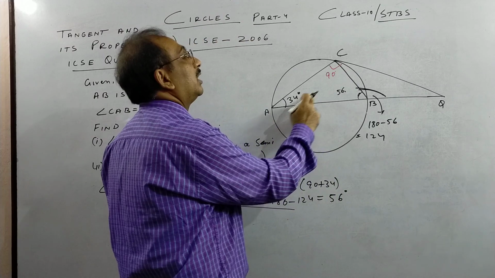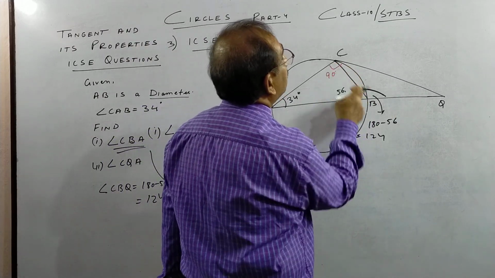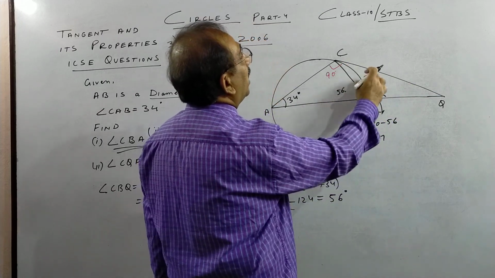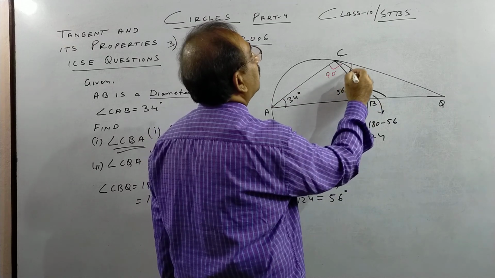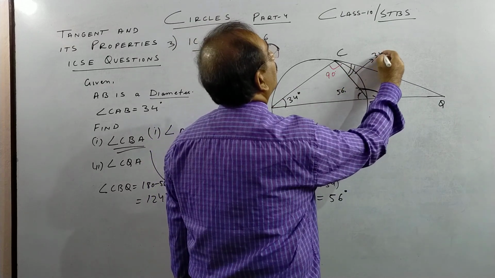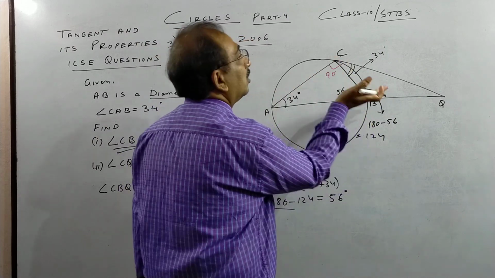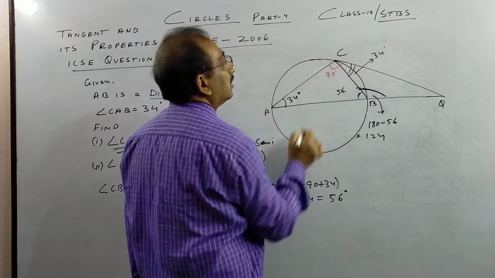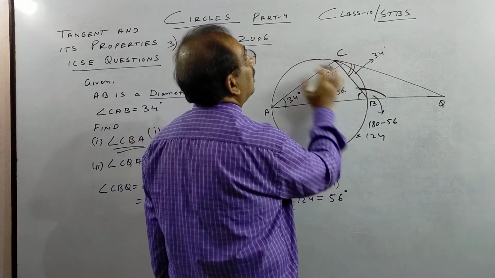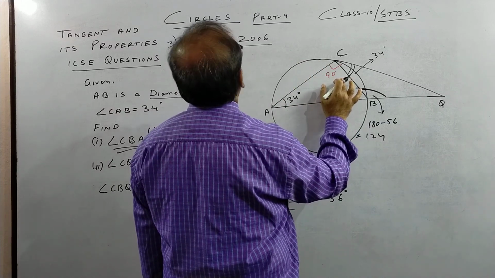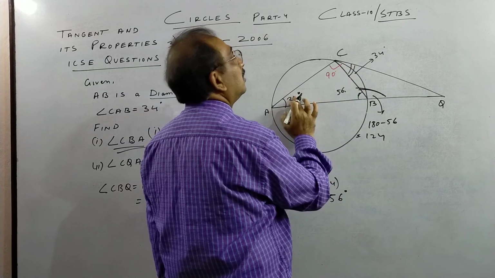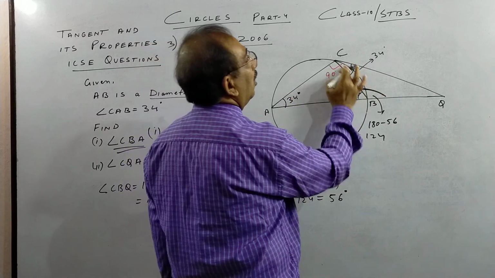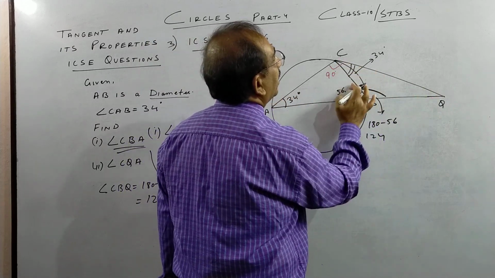This one, now see, very important, again alternate segment. This is a chord, this is a tangent. So this is your minor segment and this is angle in the major segment. So this will be, children, 34 degree. Angle in the alternate segment. Once more, chord with tangent, this is 34. Any angle over here in the major segment, I have explained this. This is major segment. See the proof also in part 3, last part of the part 3 video. So this will also be 34. If this is 34, this is 34, then this will be 34. Alternate segments are equal. Chord with tangent, it makes 34.